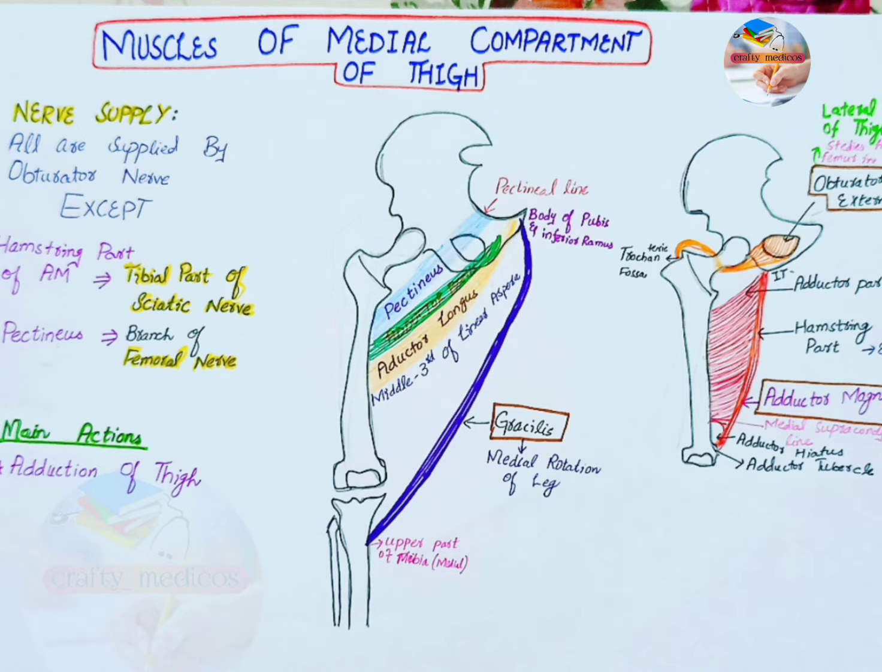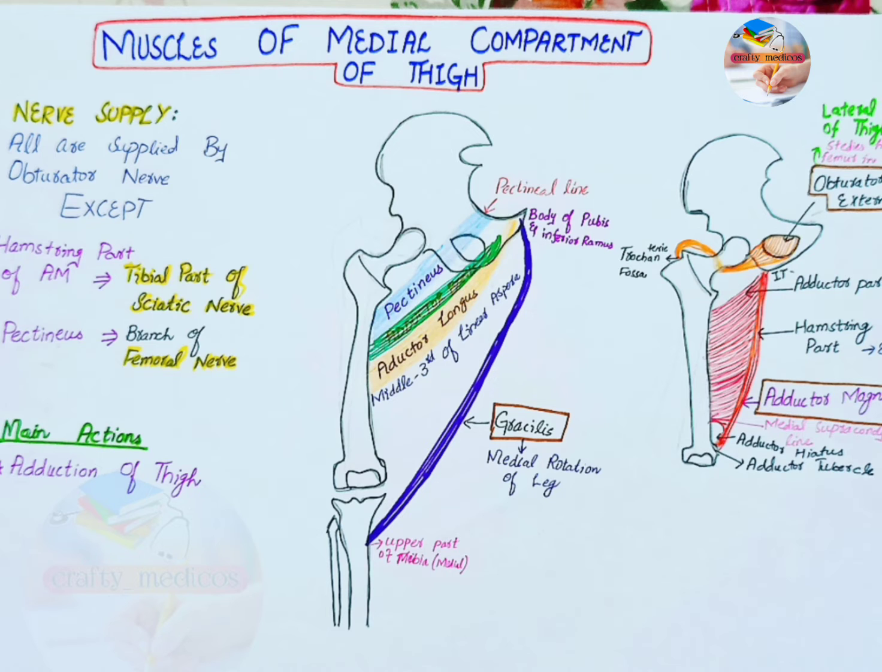The next muscle in the adductor compartment is adductor longus. It originates from the body of pubis inferior to pubic crest and is inserted into the middle third of linea aspera of femur. The next muscle in the adductor compartment is adductor brevis. It originates from the body and inferior ramus of pubis and is inserted on the pectineal line and proximal part